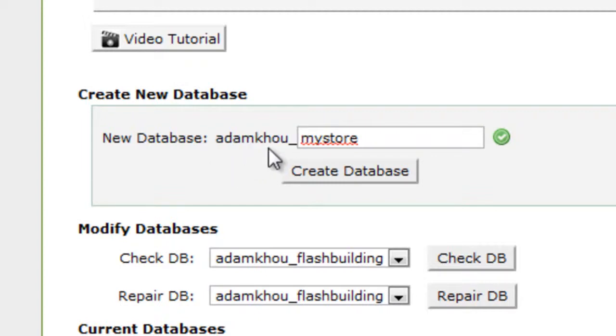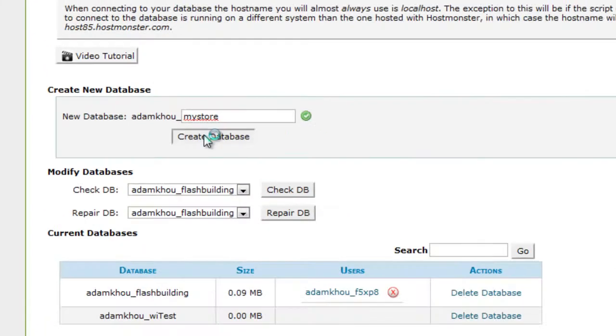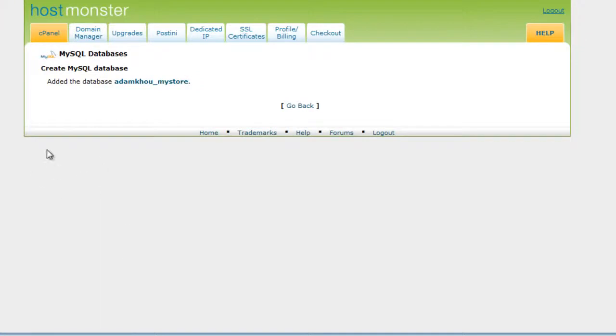So on some hosting providers, in the MySQL database creation section, they might automatically add a prefix to yours like that. Now I'm going to click on create database, and I already have a couple of databases in there, but maybe yours has none yet, but that's no biggie. So it says added the database, see, Adam KHOU underscore my store. Now I'm going to go back,